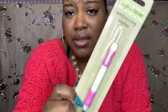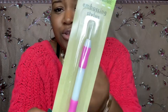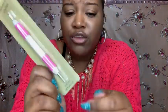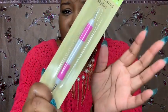Now, I do nail art. I found this embossing stylus. With nail art, to make those little dots on your nails, you need this. You dip it in a little acrylic paint and you just dot, dot, dot, dot, dot. That's how you make the dots with this tool. So I found one for $1. I've never seen it at the Dollar Tree, so I purchased that. Okay, now,